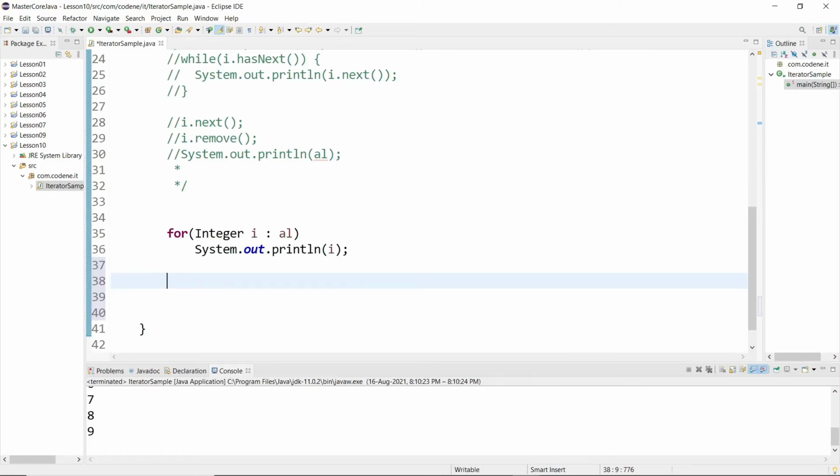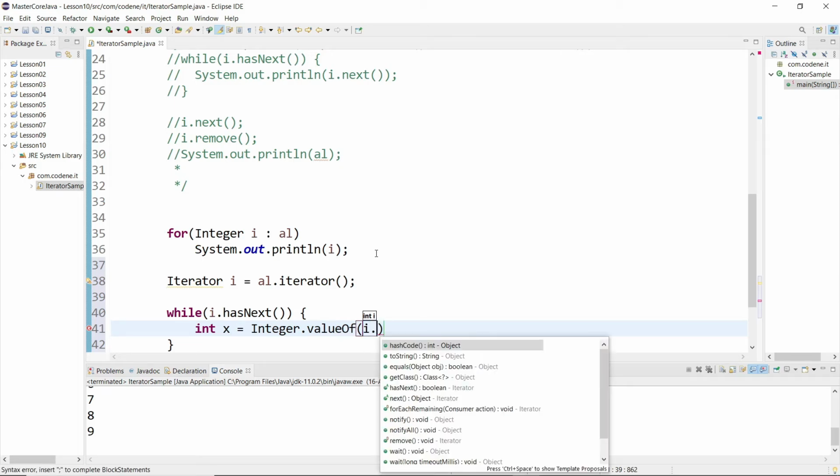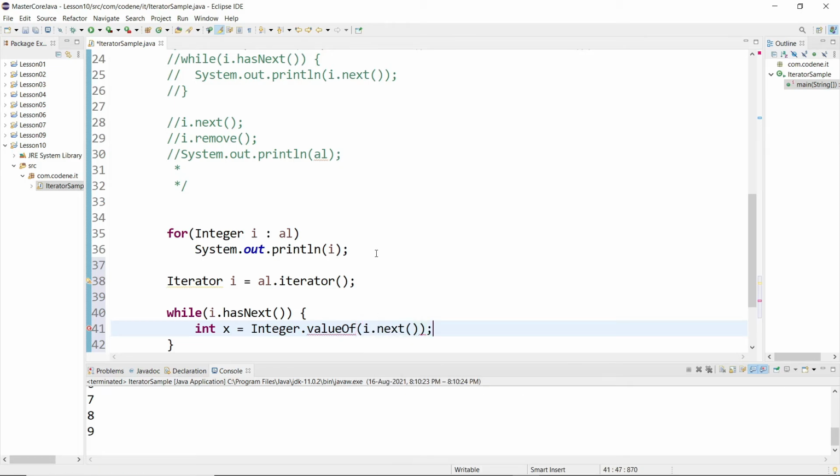For the for loop, let's keep the previous example only and let's see how we can use the iterator here. Let's say Iterator i equals al.iterator. While i.hasNext, we will run some logic here. For example, int x equals Integer.valueOf, and then I will say i.next, and let's convert it into a string.